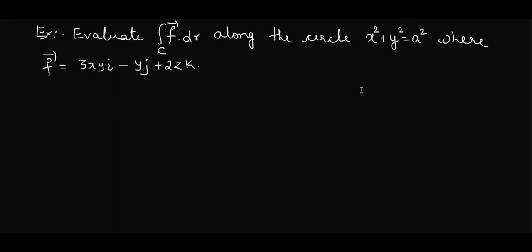Let me just change the part of the question. Just see, is there any contribution from the z axis for this circle? Can you see any z in this curve? No, ma'am. So what is the value of that z? z has to be taken as 0, right?